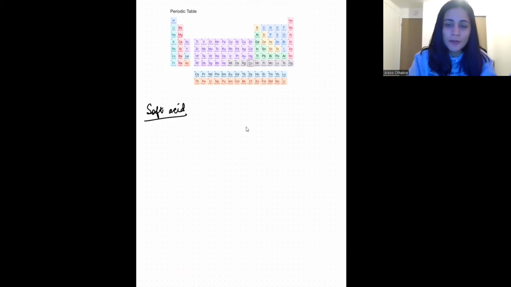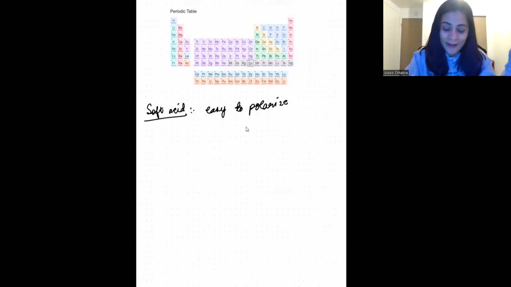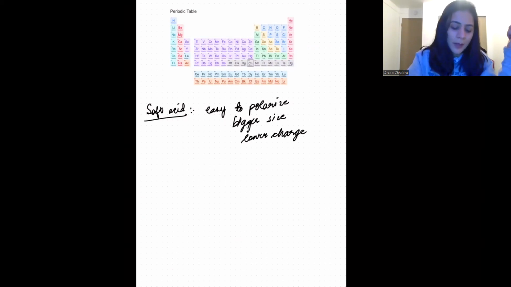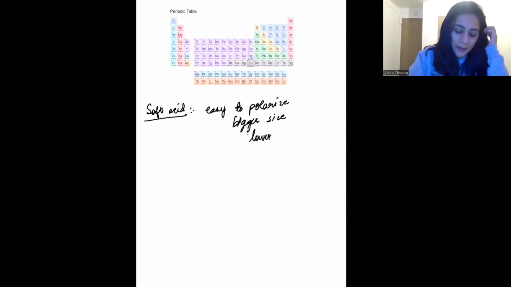So now, contrary to what we saw before, a soft acid is something which is easy to polarize, right? A soft acid would be easy to polarize. And as a result, it will have a bigger size and a lower charge, because we know the result of having a high charge. The result is that usually whenever you see a high charge,